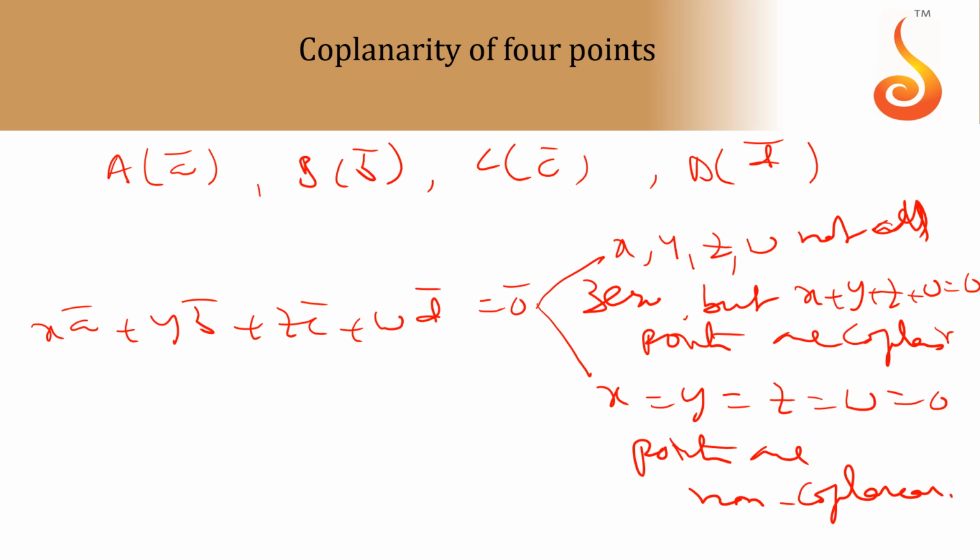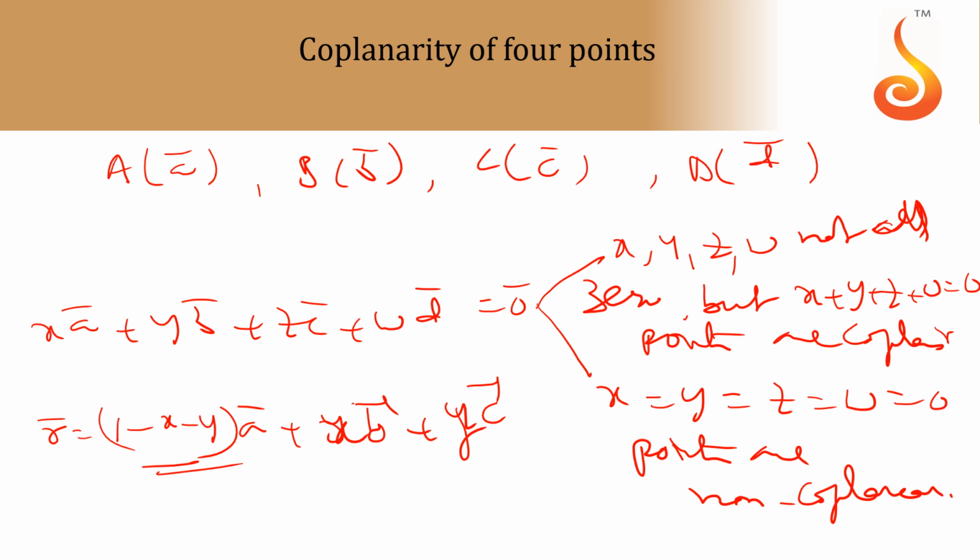That you can see in the last structure of plane equation. So we wrote r bar equal to (1 minus x minus y) a bar plus x b bar plus y c bar. Observe the sum of the scalars on the right side, 1. R bar is also a point in the same plane. So a bar, b bar, c bar, r bar are coplanar. So if you write in this structure, the sum of the scalars is 0, but not all 0, because the r bar coefficient will be minus 1. We shift r bar to this side.